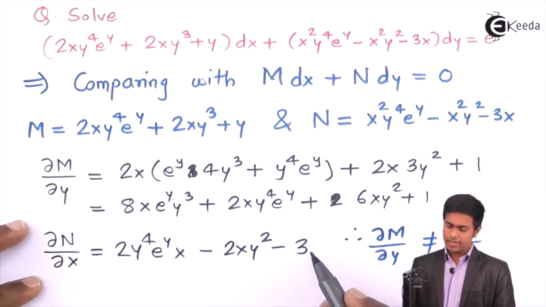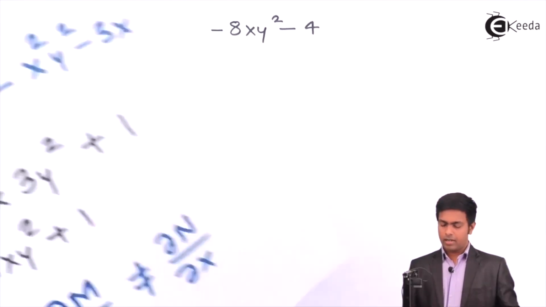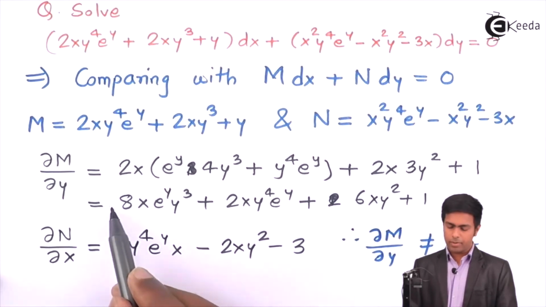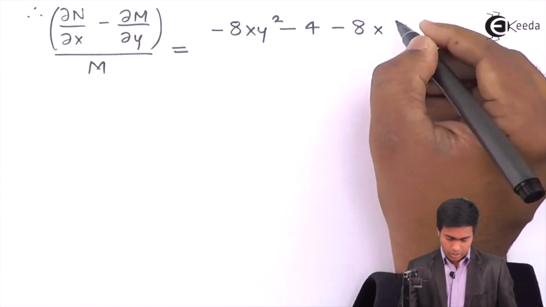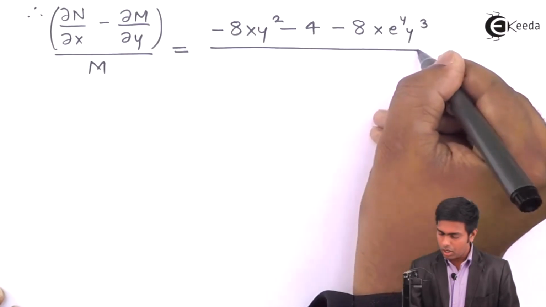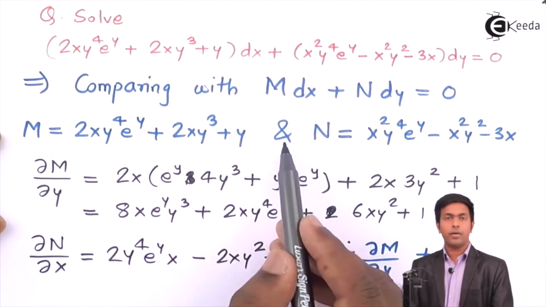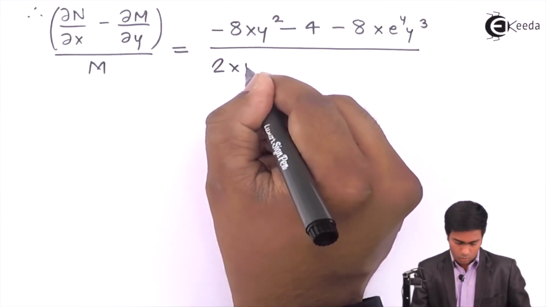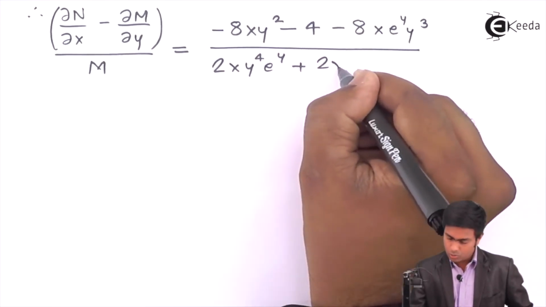Next, minus 3 minus 1 will become minus 4, and now the only one term remaining will be minus 8 times x e^y into y³ upon the value of M. So this is the value of M. I'll copy it down. That is nothing but 2xy^4 e^y plus 2xy